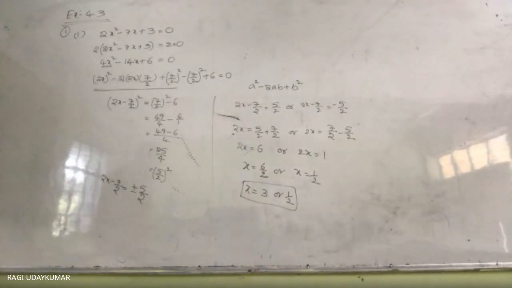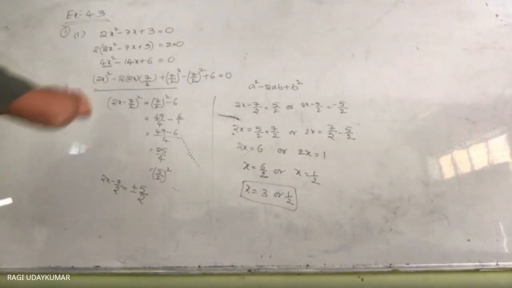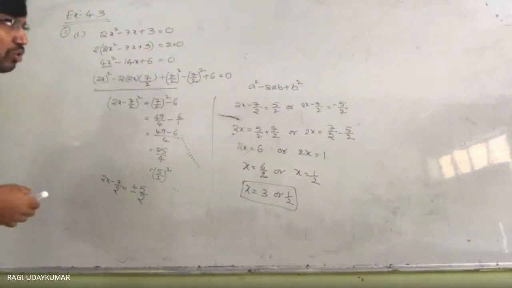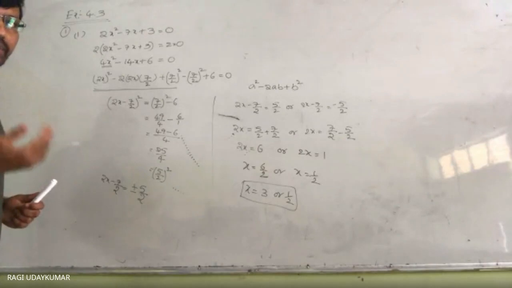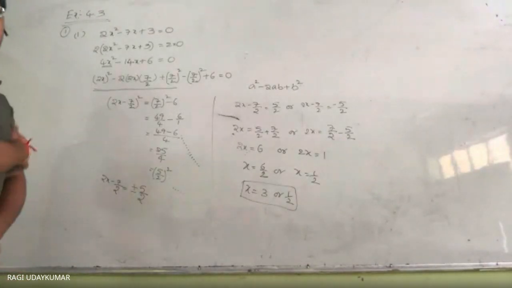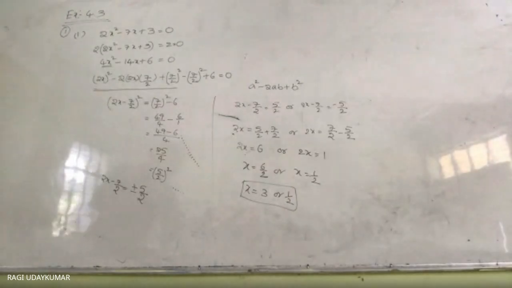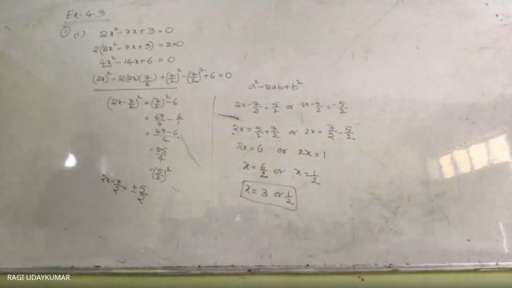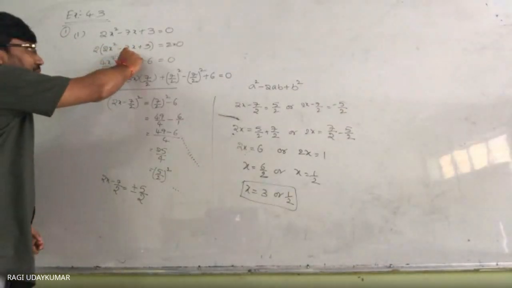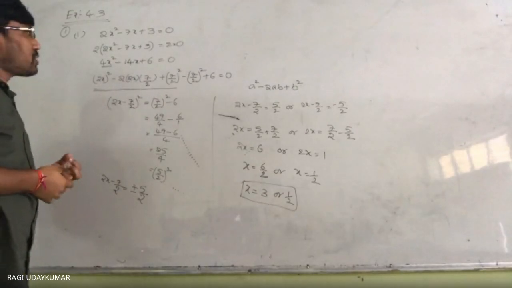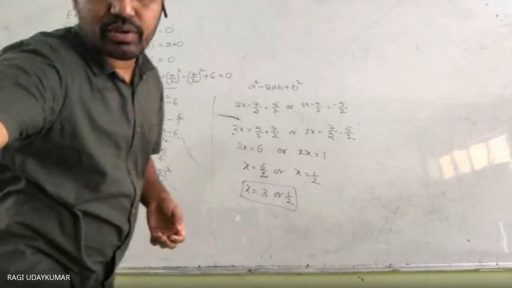See, the same problem can be solved by dividing also. Suppose I have multiplied here; you may solve the problem by dividing also. When you solve the problem by division also, you are going to get it in the same way. You try the problem, because when you do the problem by division, actually there is a little bit of confusion that you are going to get the denominator here itself, 7 by 2. In this place itself you are going to get x square 7 by 2. So you can do it. That one also is not a very difficult task.